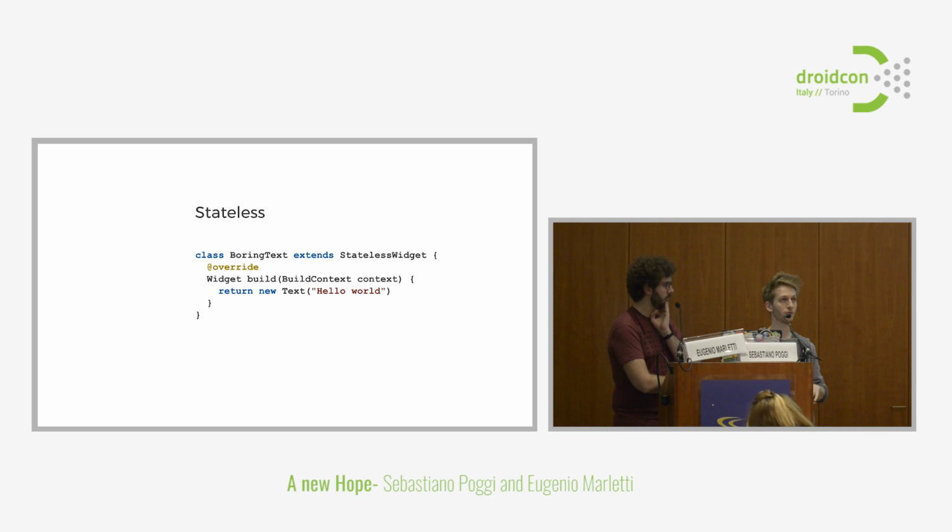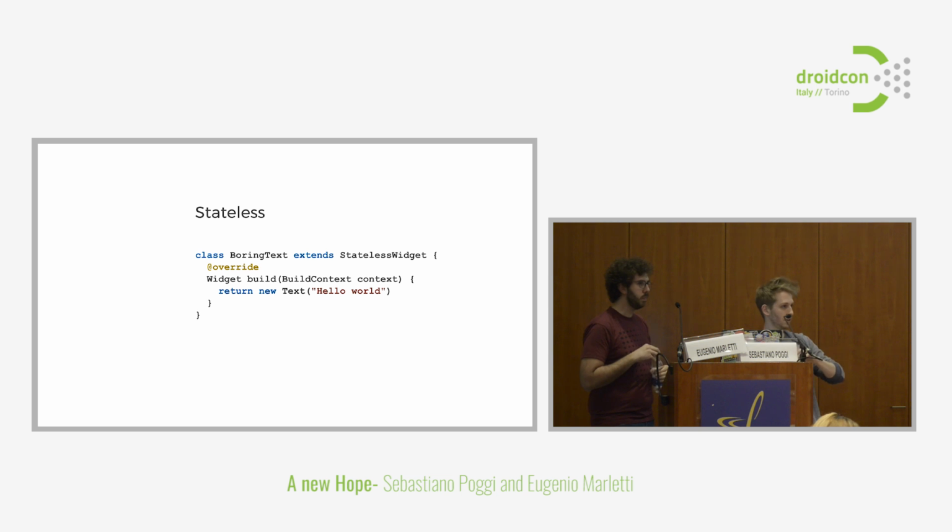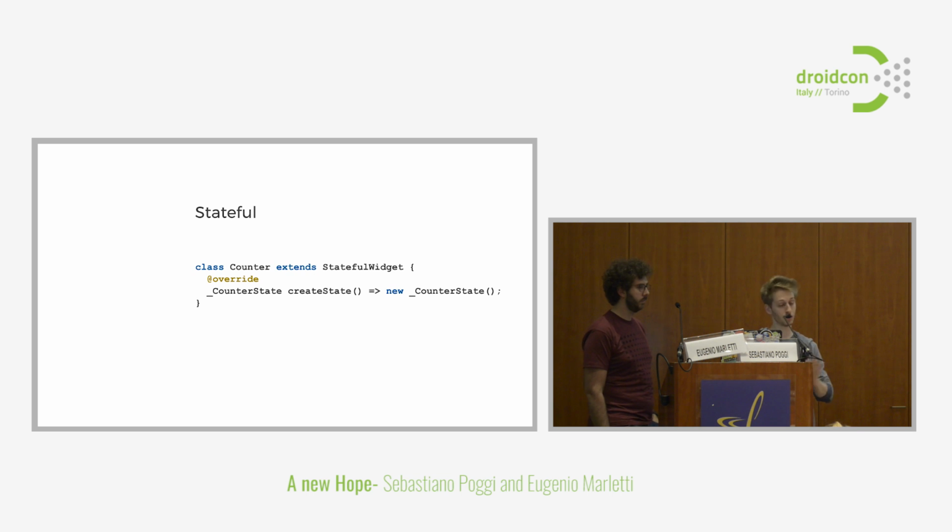If you want to create something that is not a widget, there are ways to do it. You need to create an element, which is a slightly lower level binding between a widget and a render object. So it maps between these views and these immutable descriptions of your UI. But that's more advanced. You generally have all the pieces you need to create, I would say, 80% of your UI, unless you do crazy stuff in the widgets framework. Yes. So this is stateless, which is very simple to do.